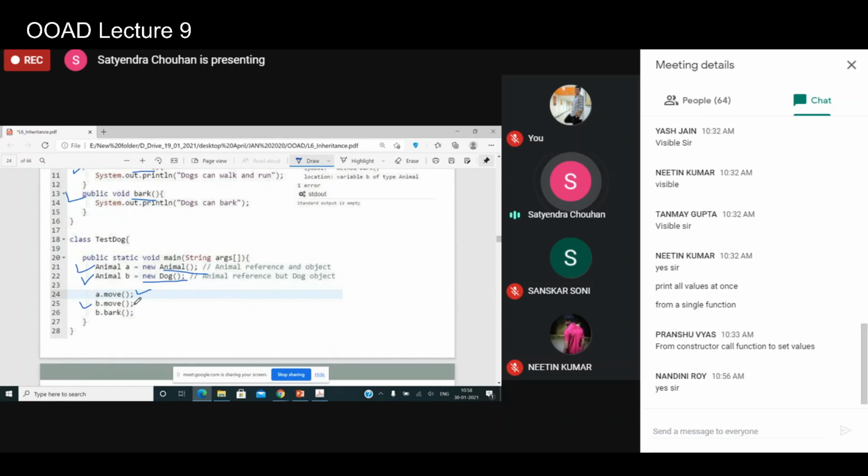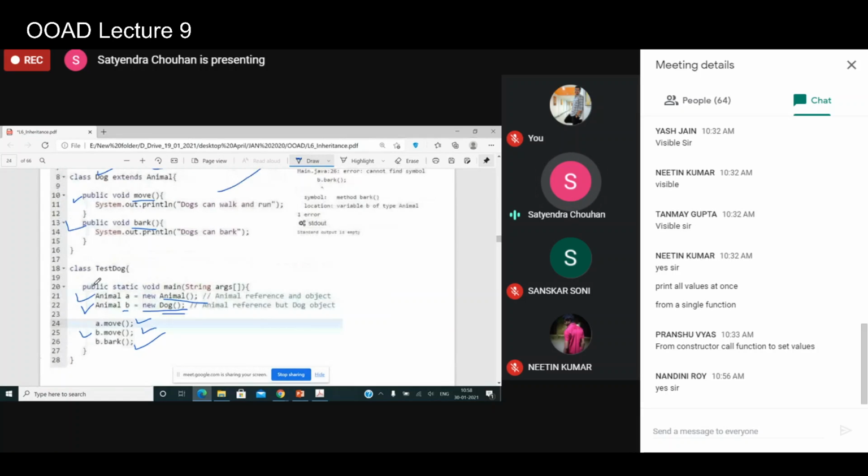Since move method दोनों क्लास में है, तो इस लाइन पे भी कोई प्रॉब्लम नहीं होगी, क्योंकि at the runtime it would be resolved that move method of Dog class will be called, क्योंकि वो रेफरेंस आपका Dog class पे, Dog object पे. और in line number 26 कंपाइल टाइम पे कंपाइलर एरर देगा. क्यों? क्योंकि आपका रेफरेंस बी टाइप एनिमल टाइप का है और एनिमल क्लास में कोई भी बार्क मेथड नहीं है.